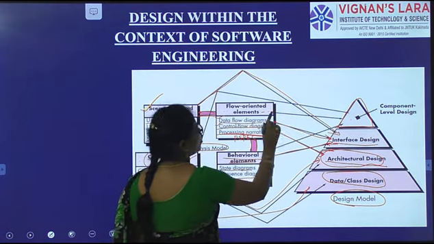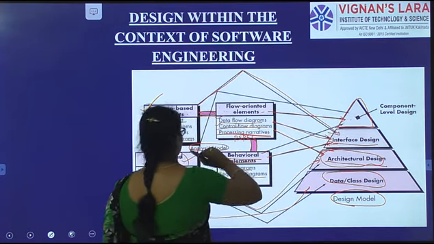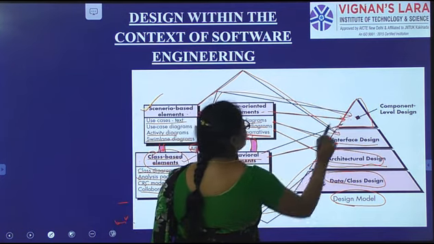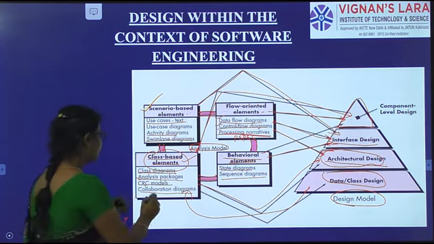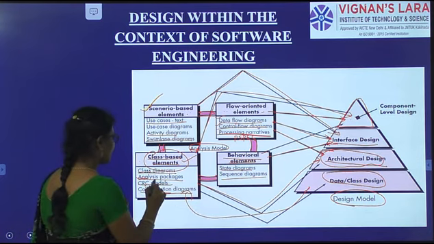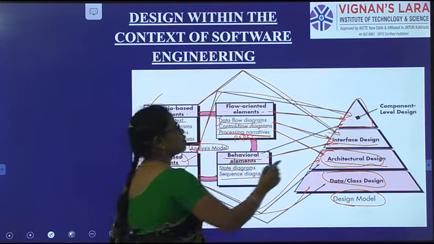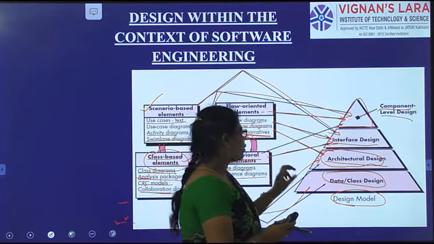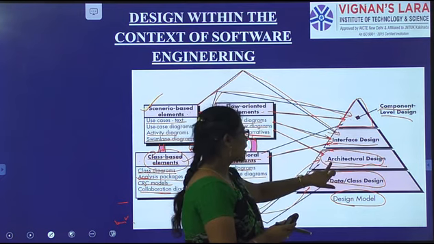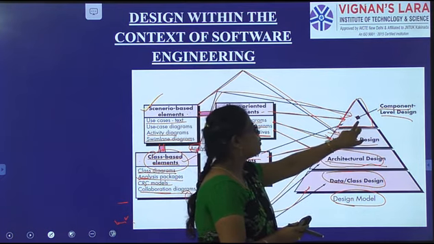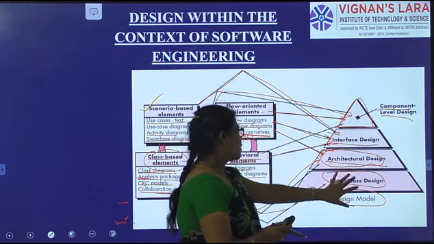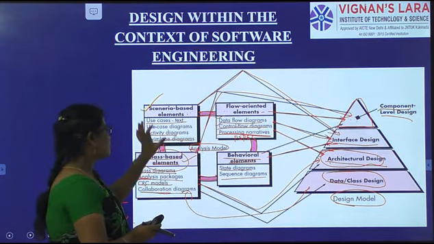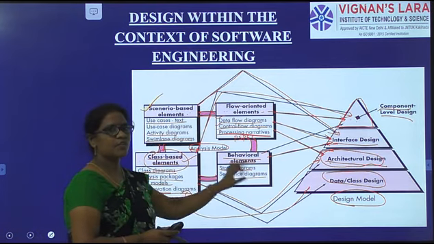One is the flow-oriented models, and next one is the class-based models. Because there are packages. So there is a collaboration diagram. These packages and collaboration diagrams are useful for the component level design. Okay. So design level is of four types: one is the data, one is architectural, one is interface, and next one is the component level. So of these four design models, four analysis models are useful for the designing process.